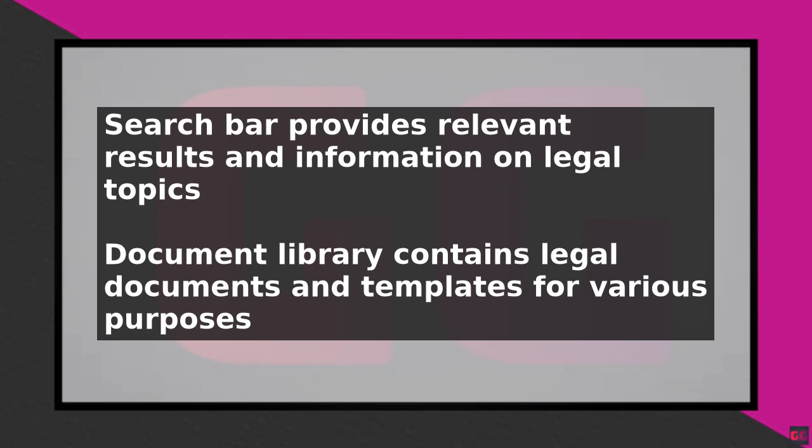Another key feature of the Lawfully app is the document library, which contains a wide range of legal documents and templates that you can use for various purposes. These documents include contracts, agreements, and court forms, all of which are regularly updated to reflect changes in the law. To access the document library, simply click on the Documents tab and browse through the various categories to find the